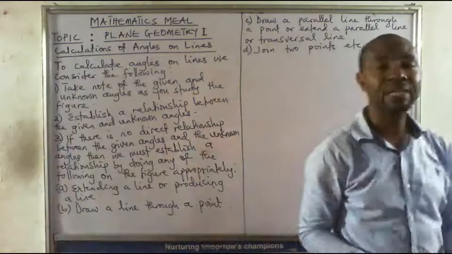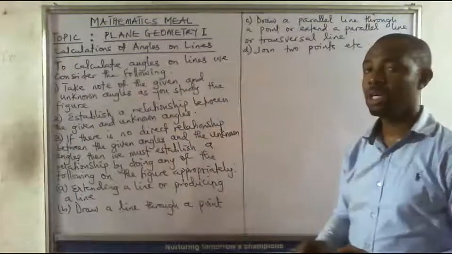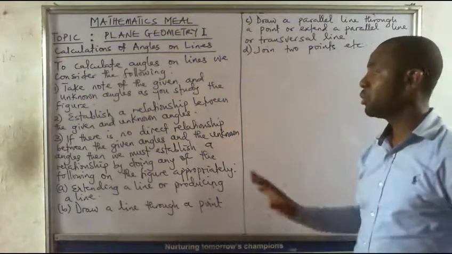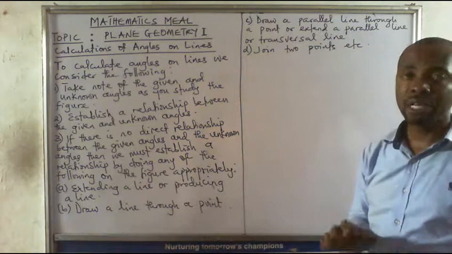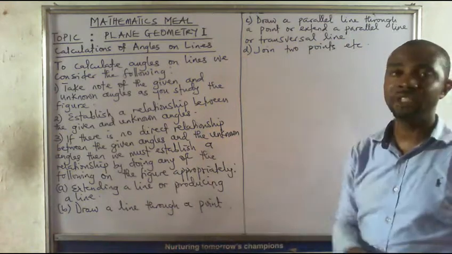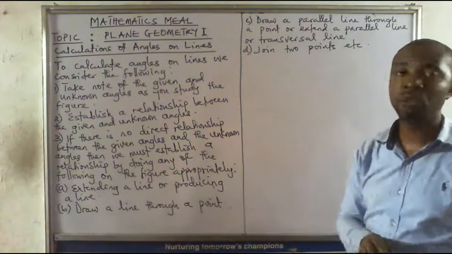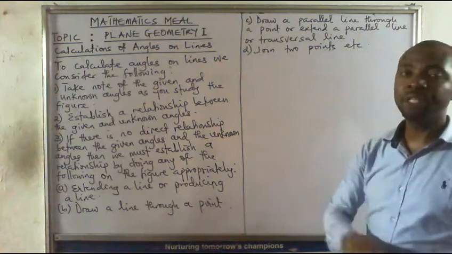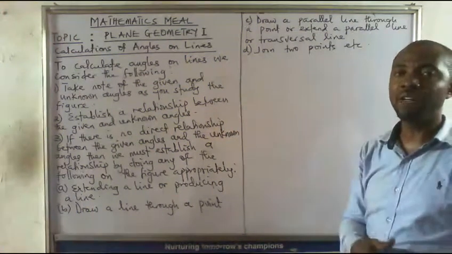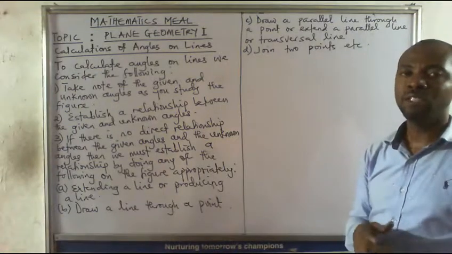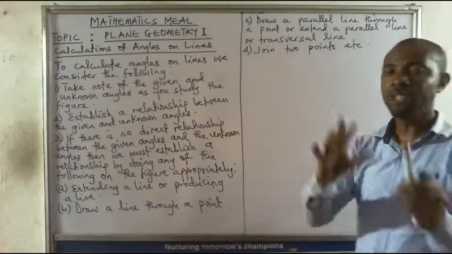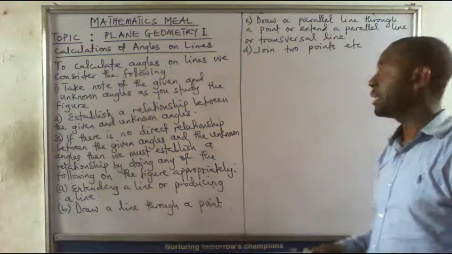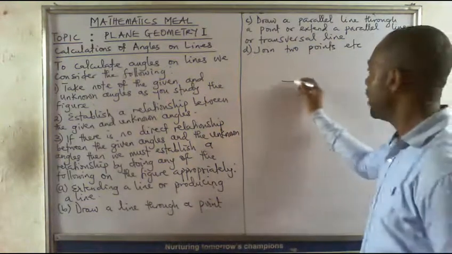These are the primary things that we need to consider in order to carry out calculations. Once you establish that relationship, then you can solve your problem. But if you don't have a connection between the given angle and the unknown angle, then you have no right to carry out the calculation. Let me just use a figure to illustrate this before I make a few other points, and then we start carrying out calculations. Supposing I have this figure now,